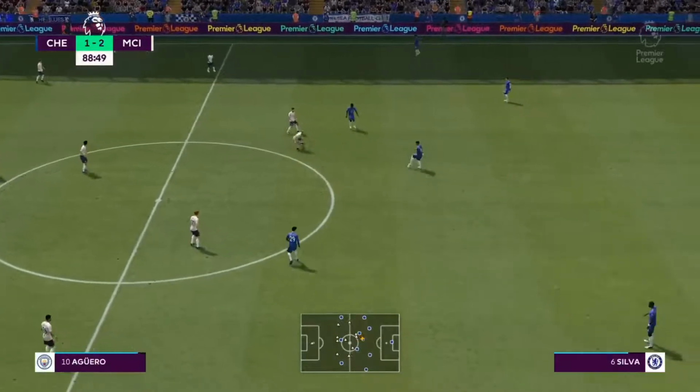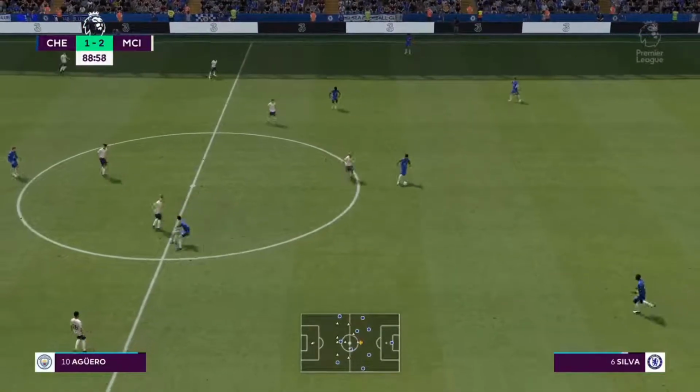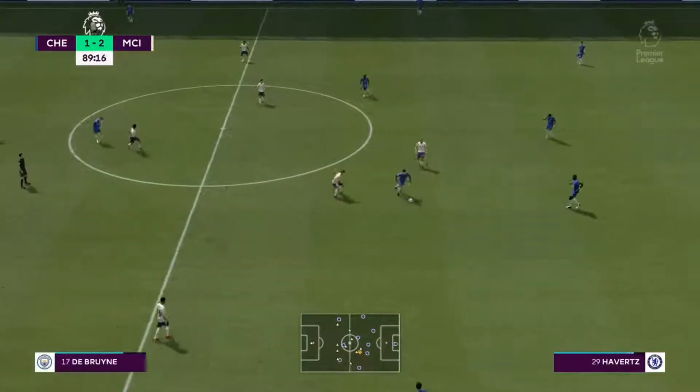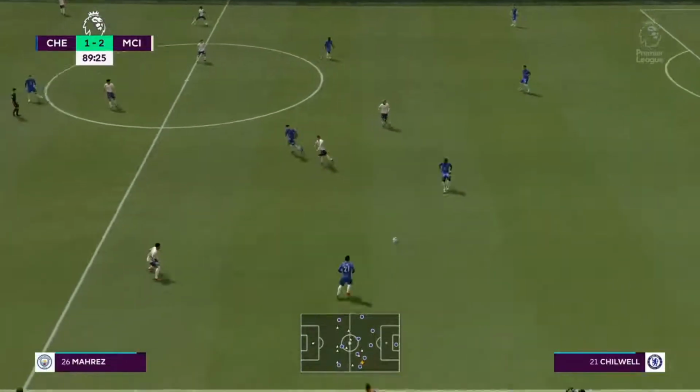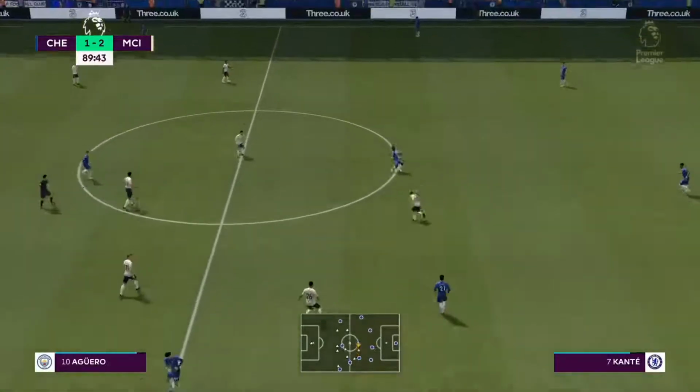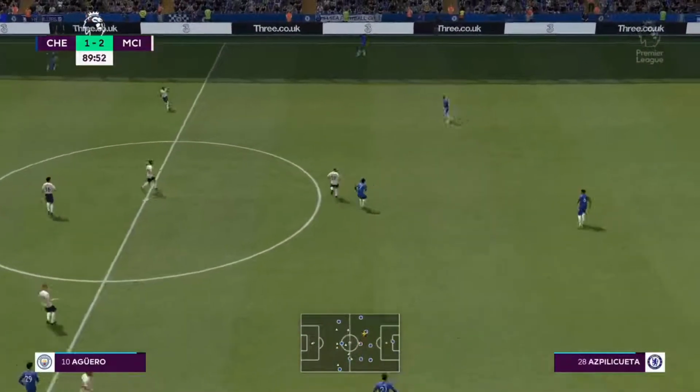Conte and Silva playing a little 1-2 game. Guys, you got to push here now. In the 90th minute, Havertz back to Rudiger. Chilwell left side. Is he going to try to probe that left side? No, he's going to go back to the middle to Conte, who goes to